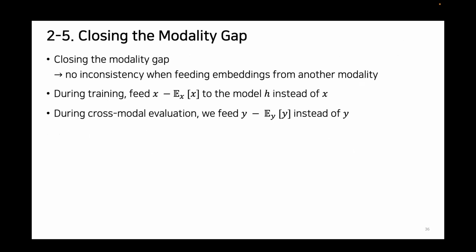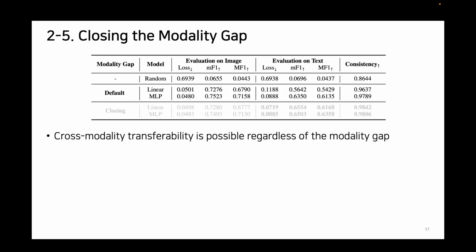During training, they feed x minus expectation of x to the classifier instead of x, and during the evaluation, they feed y minus expectation of y instead of y. In the experimental results,